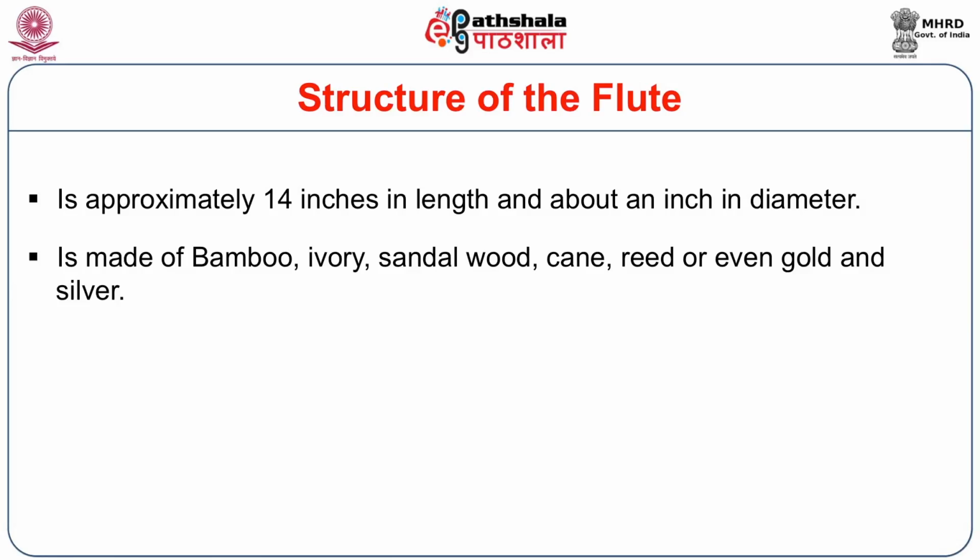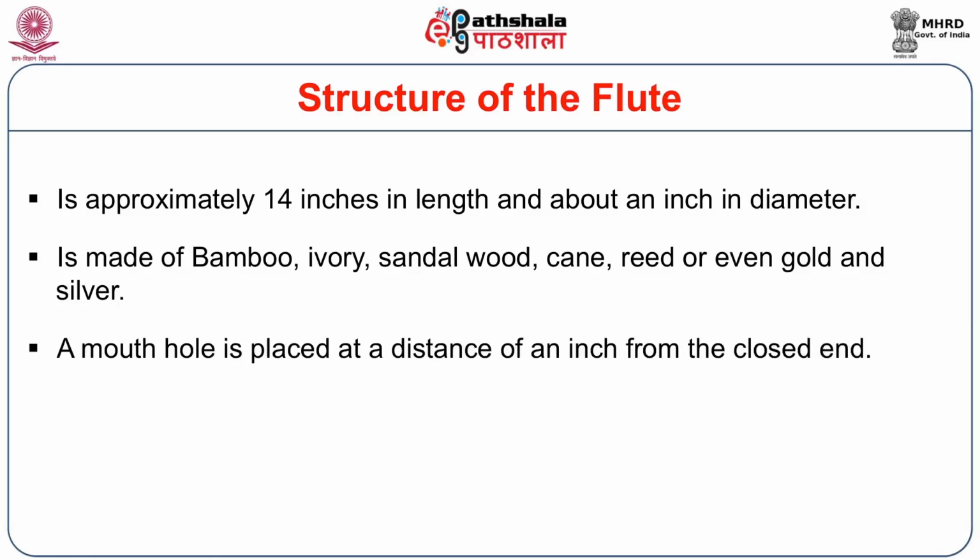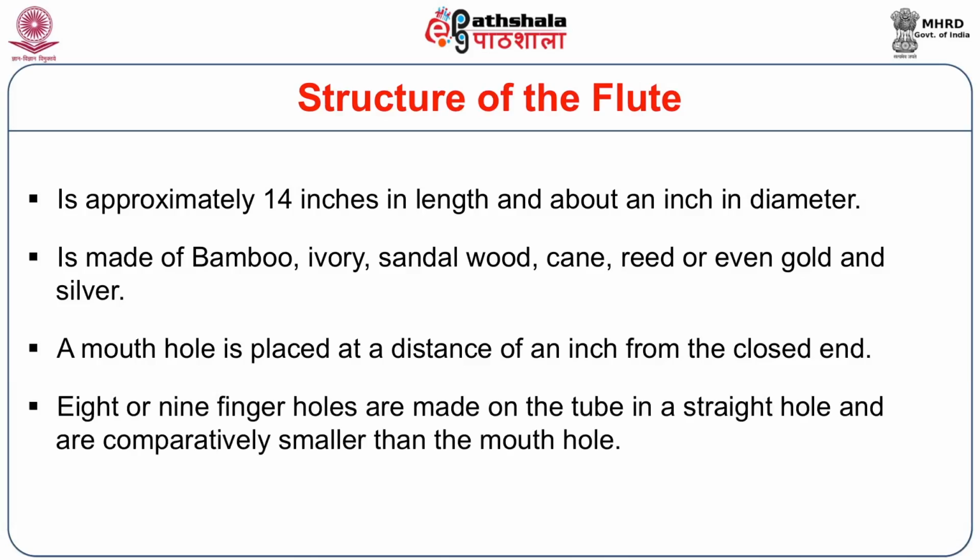It is made of bamboo, sometimes ivory, sandalwood, reed or even gold and silver. A mouth hole is placed at a distance of about an inch from the closed end. There are 8 or 9 finger holes made on the tube in a straight line, and they are comparatively smaller than the mouth hole. Air is blown through that, and by closing and opening of the holes we get the